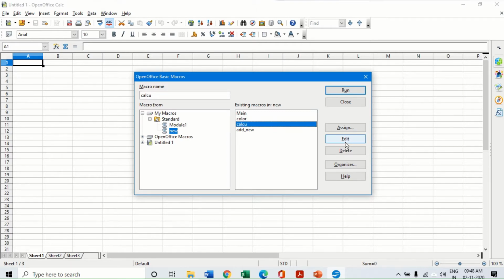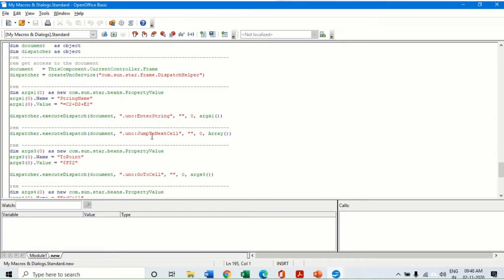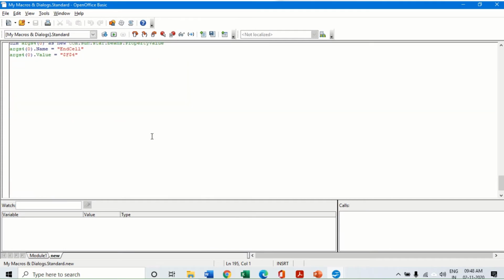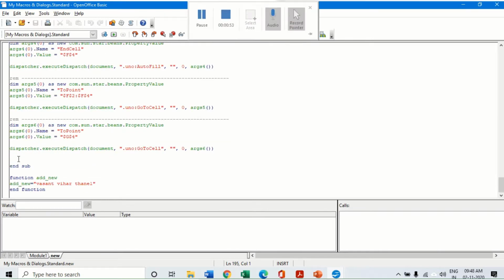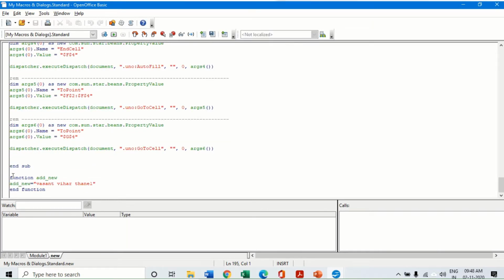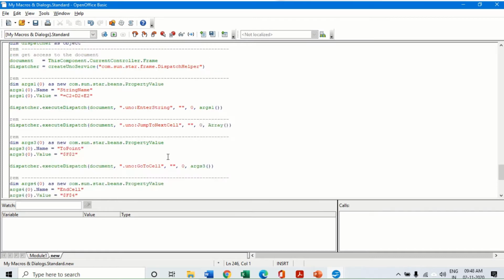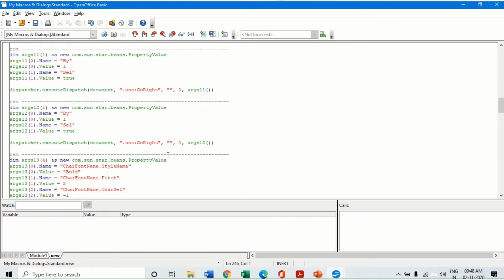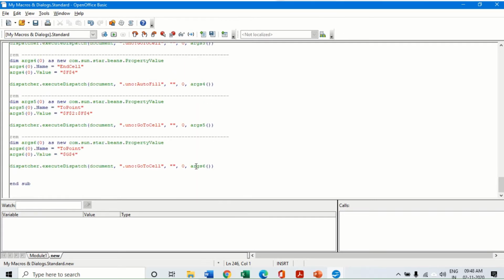So suppose if I click on the color one or calculate one here, this is the coding for the entire macro. It is written over here. Now if I want to write a new macro, or I have to write a function, then I need to create an empty space after End Sub. No macro's code can be written between these already existing macros. So you need to find an empty space over here after End Sub.